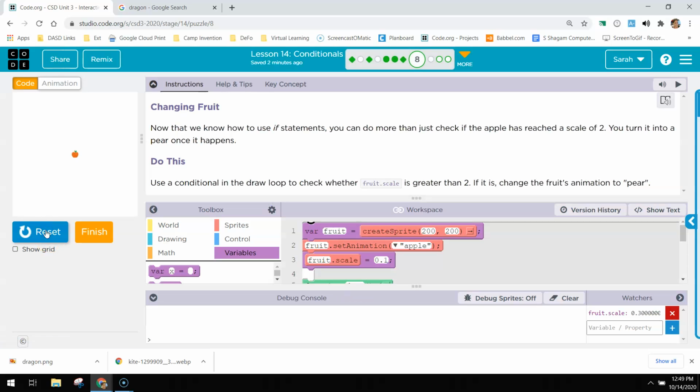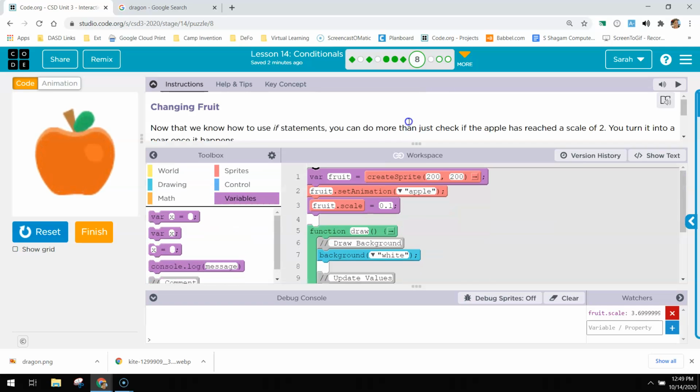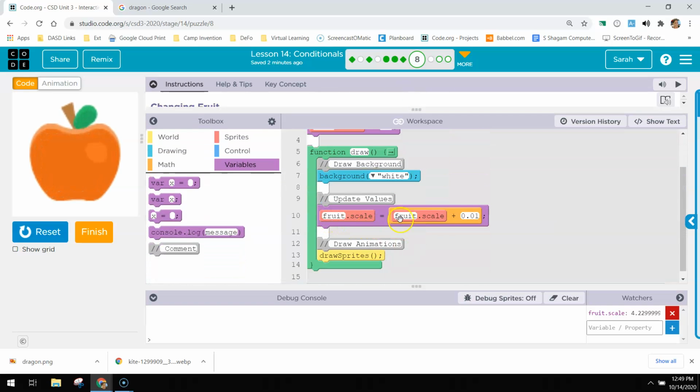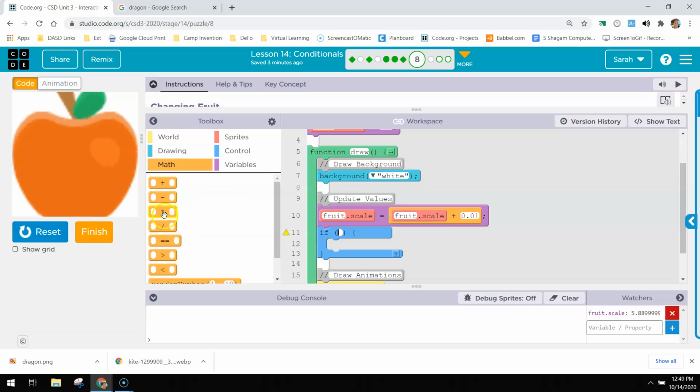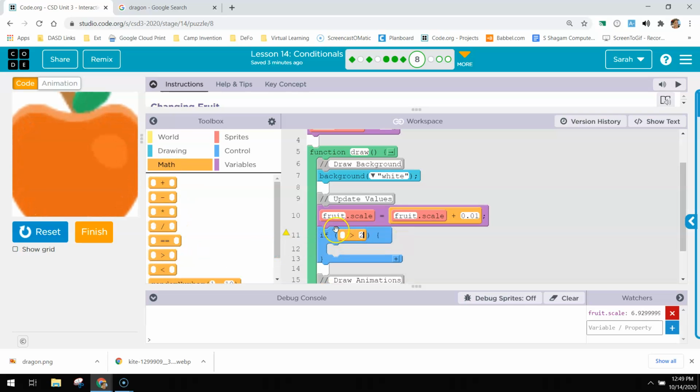So if we look at this right now, it is an apple, and it keeps going and going. So what we want to do is use a conditional in the draw loop to check whether the fruit scale is bigger than 2, and then change it to a pear when that occurs. If we look right here, here's where it's getting bigger. Each time it gets bigger, I want to be checking, and we're looking for greater than 2. So if